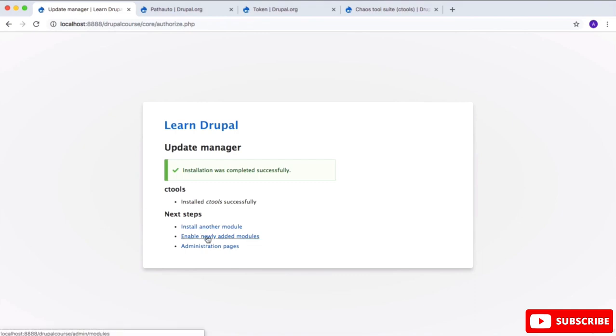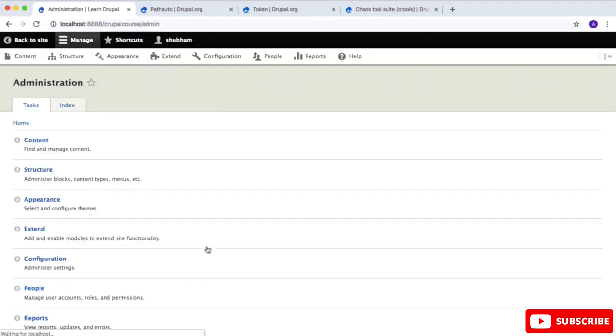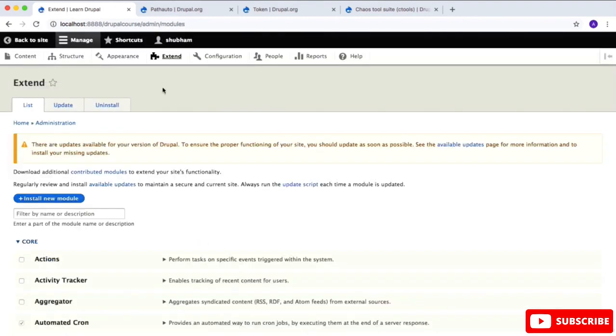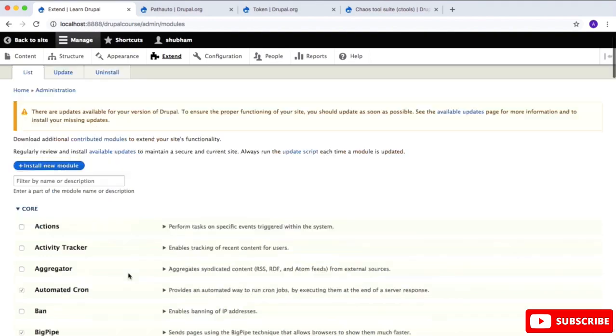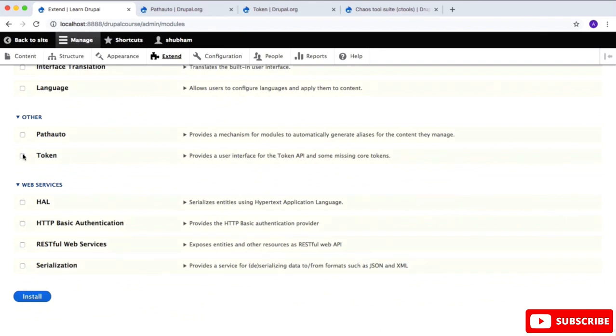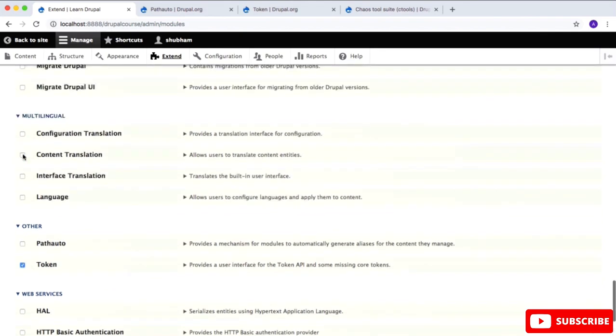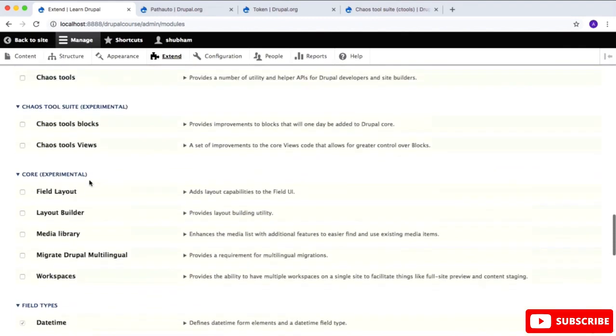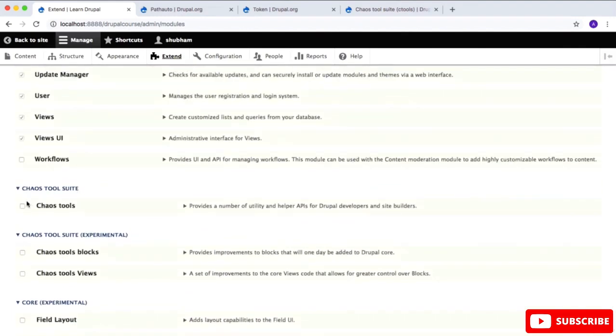You can click on this enable newly added module to enable this module, but I will go back to my administration page and I will click on extend to go to the module page, and I will scroll down to the path auto and I will select this token and I will select this path auto and I will select this C tool, which I can find right here.